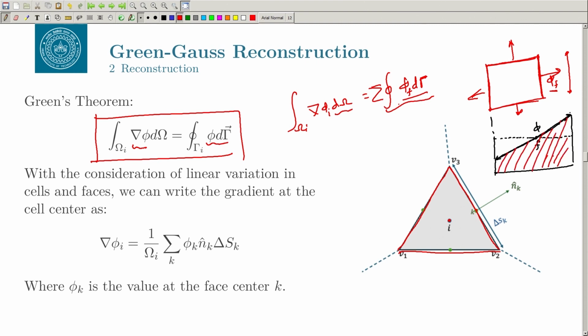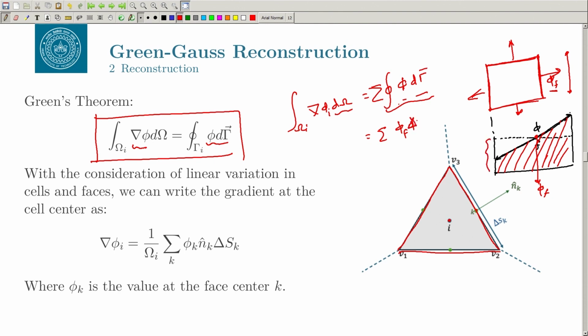Because the variation is linear, you can take the value at the center, which is my phi f. So, the integral value of this will just become phi f into the area, which is this one,